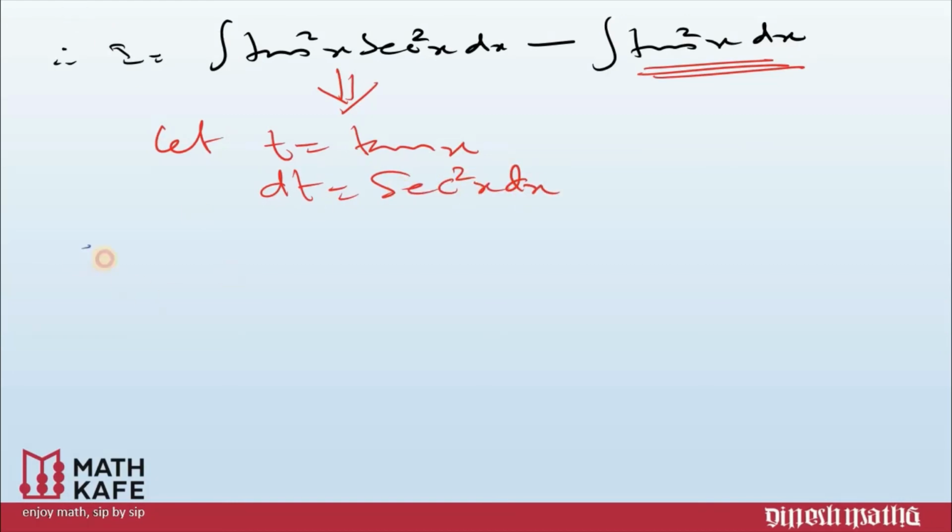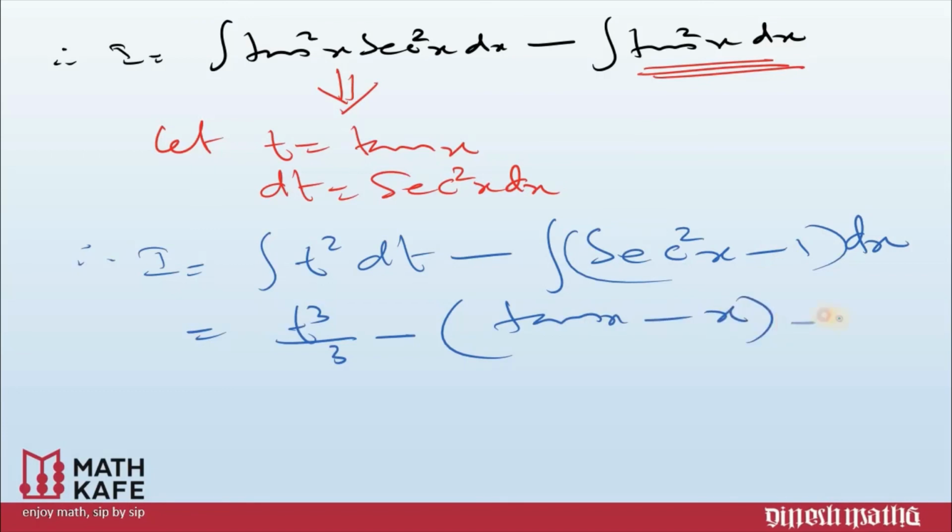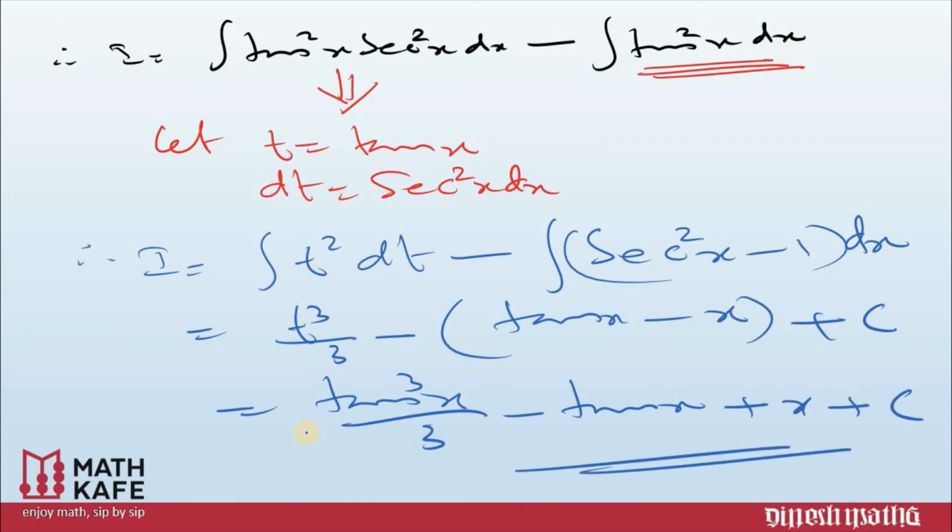Now let us go back to the question. I equals integral of tan x, which I have taken as t, so this will be t square, and sec square x dx is dt. And as we have discussed, this tan square x can be integrated by using the standard identity sec square x minus 1 dx. Please keep in mind the substitution is only for the first part of the integral, not for the second integral. Now we are integrating. This is t cube by 3 minus integral of sec square x is tan x, and integral of 1 is x, plus c. Now replace the value of t. T equal to tan x, therefore this is tan cube x by 3 minus tan x, opening the bracket, minus of minus, plus x plus c. That is our final answer.